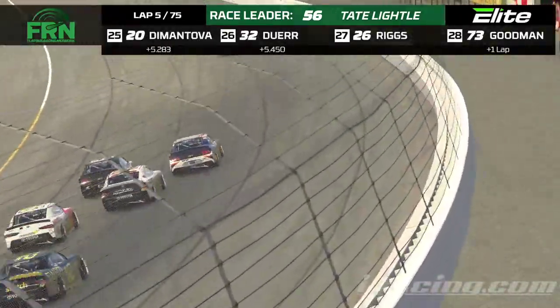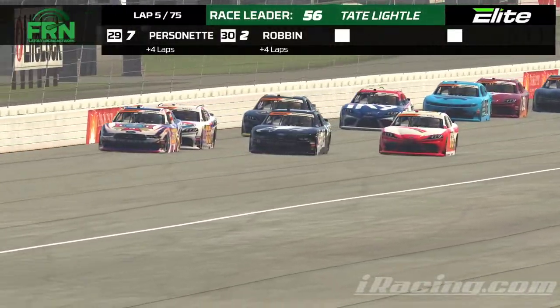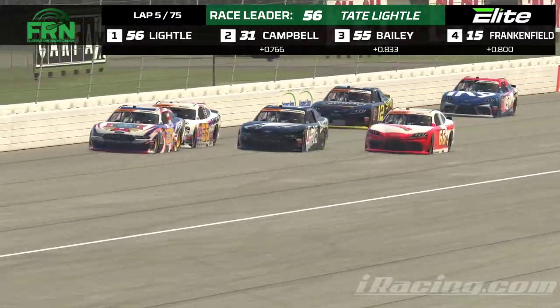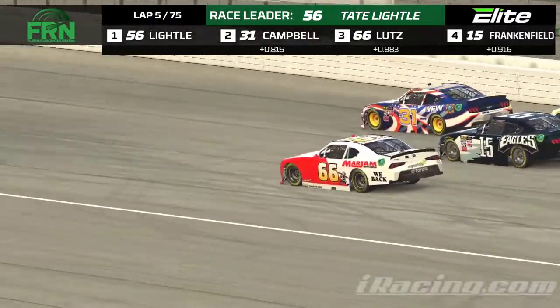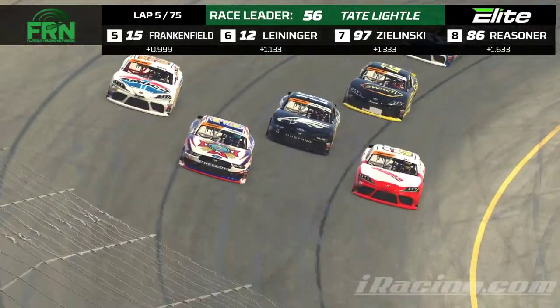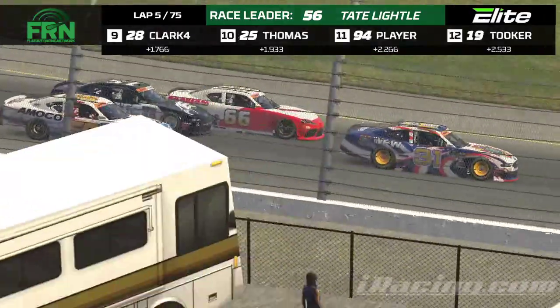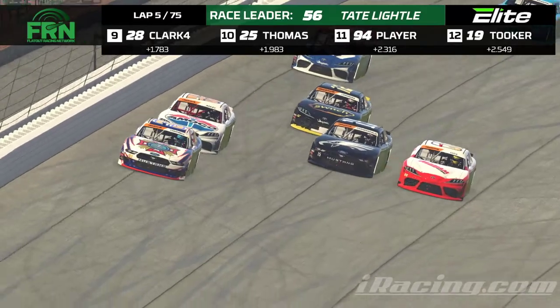A couple guys were out there running a few laps consecutively, and they still seem to be able to make it work on the bottom, and that's what we're seeing right now, judging by the way these guys are racing. 3 wide going into turn 3. You had Jared Campbell up there getting some draft from Joey Bailey. Ryan Lutz stuck Frankenfield in the middle 3 wide,